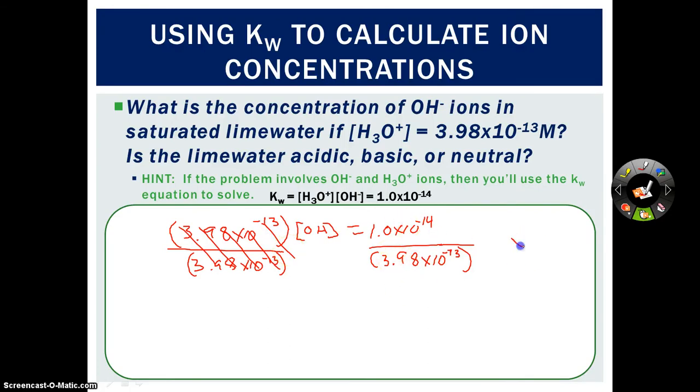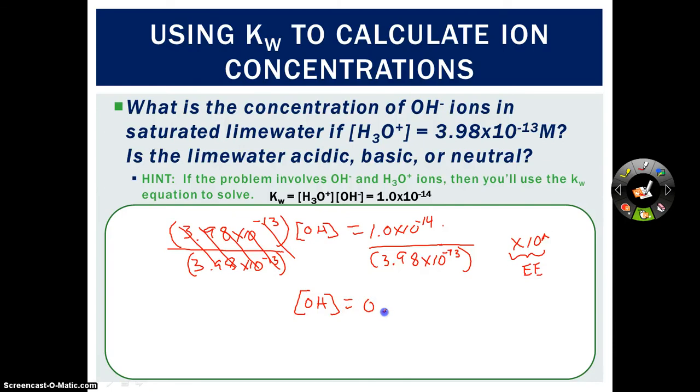Remember, we can replace times 10 to the with the capital E on our calculator. If I plug this in, 1.0 times 10 to the negative 14 divided by 3.98 times 10 to the negative 13th, I get an OH concentration